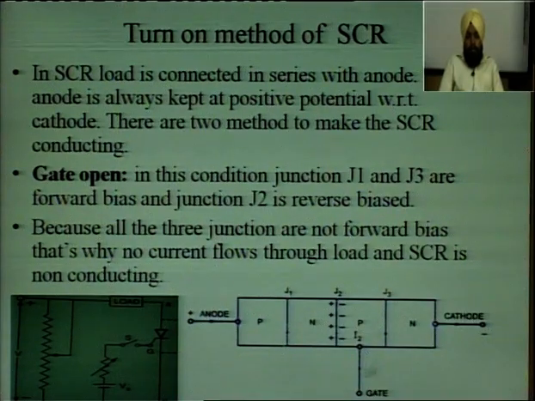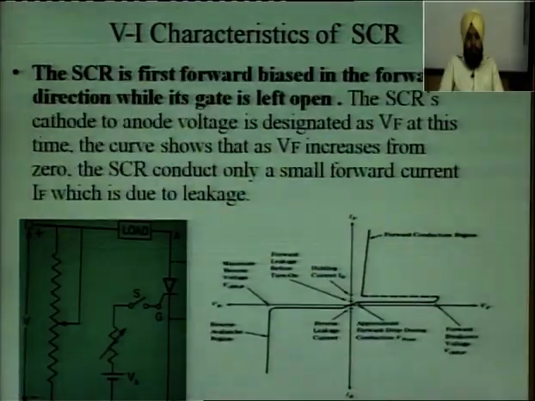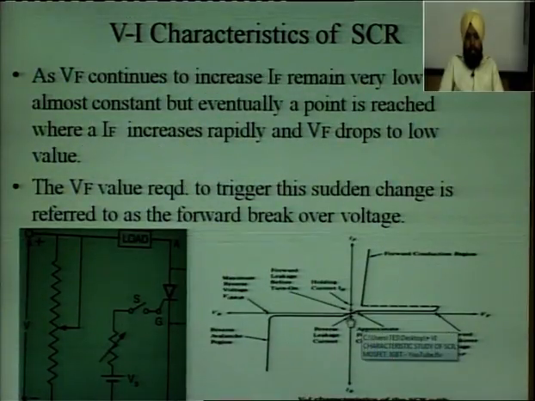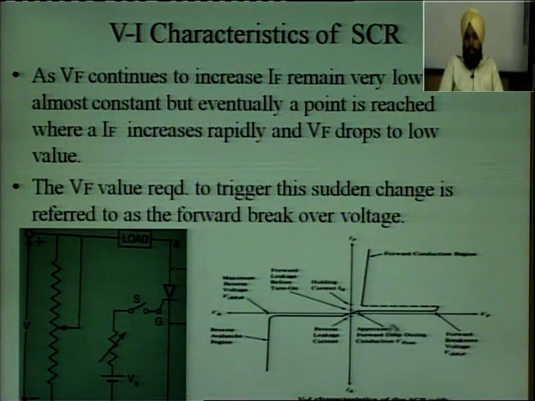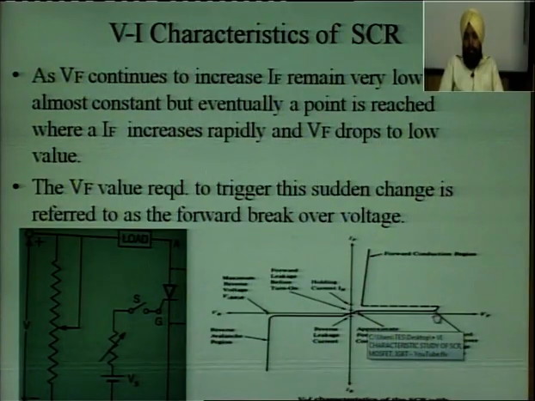Now, no current will flow through from anode to cathode if the gate is open. But if we increase the voltage, that is the anode to cathode main voltage, the forward voltage, if we increase this voltage, then a point will come where